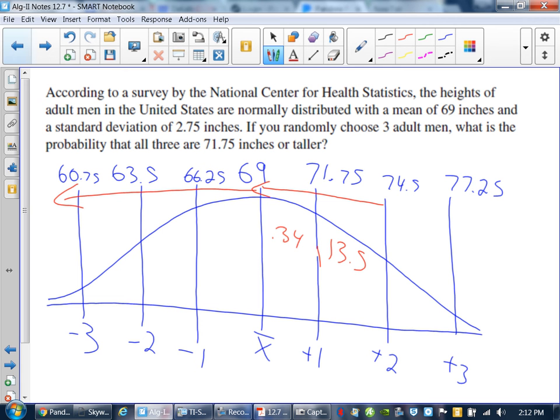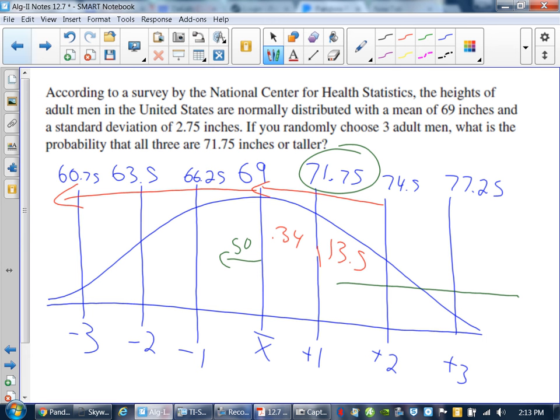So the probability that you select somebody taller than this, well, that's going to be these percentages, isn't it? Isn't that the same as saying 1 minus all of those? It's a lot quicker sometimes to use the complements. Because once I get to this side, it's 50% of my data, I'm adding 34%, so I get 84% of the data to the left, which means how much data is to the right? 16. So you have a 16% chance of randomly selecting a person that's taller